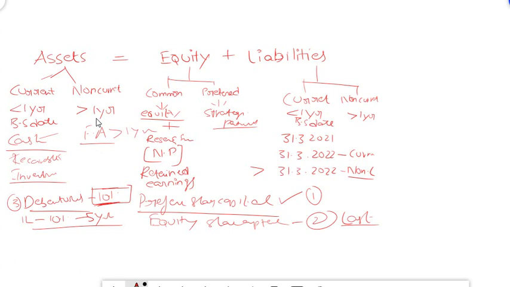And then liabilities, you have current liabilities, non-current liabilities. The simple logic for current and non-current is 1 year. If the liability has to be settled within 1 year from the balance sheet date, it is a current liability. If not, it is a non-current liability, friends. So this is the concept of your balance sheet terminology. So this I wanted you to remember very well.